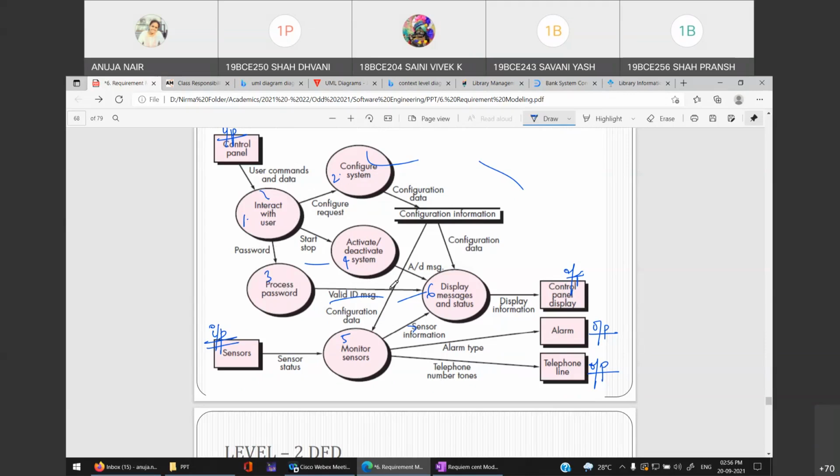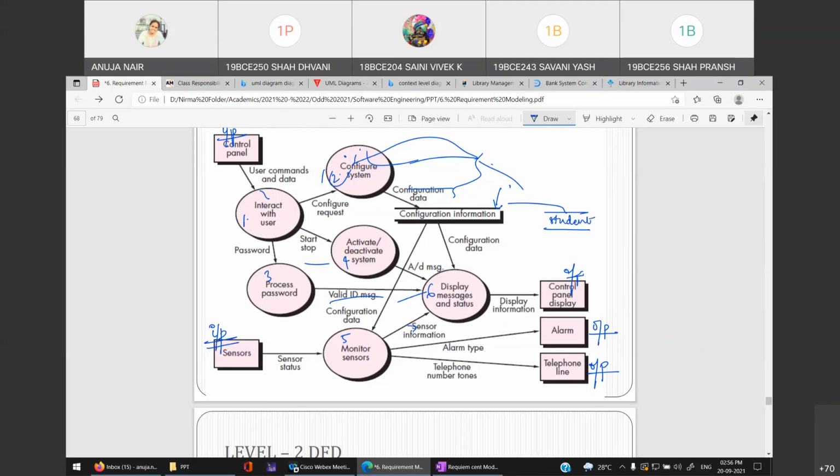Valid message, invalid message, it will display accordingly, and so on. What is this? This is the table, your database. So it's not required that every time you want to store the data, a process which is storing the data, you go put it inside the data store. So data store is basically double lines, and in between that you write the name of the table. Suppose it is student data, so you put student table.